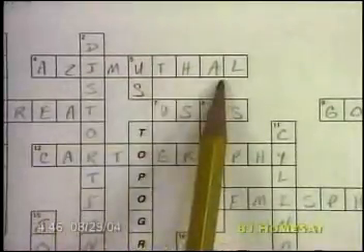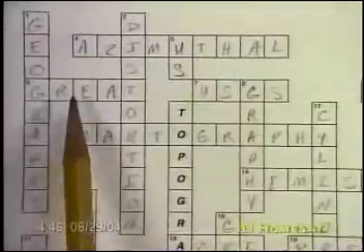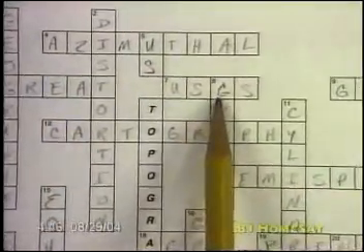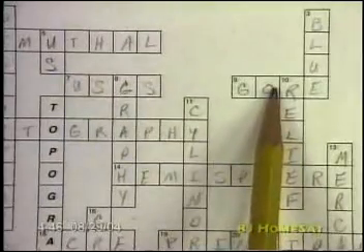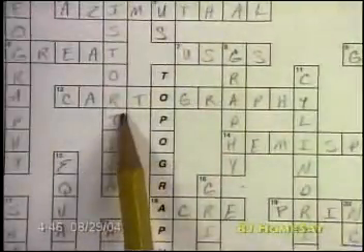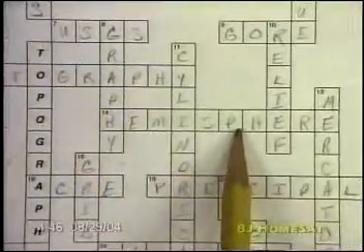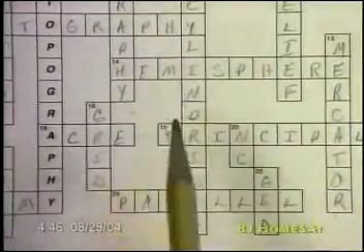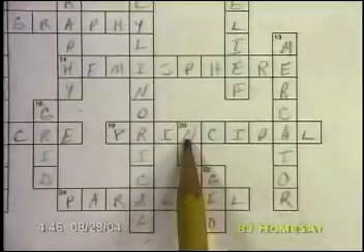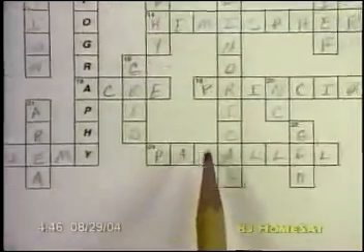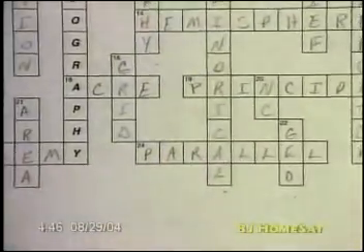I'm sorry, that's 4 across, azimuthal. 6 across, great. 7 across, USGS for United States Geological Survey. 9 across, agore. 12 across, cartography. 14 across, hemisphere. 18 across is an acre. 19 across, principal meridian. 23 across, Ptolemy. And 24 across, parallel. All right, so that way you can make any corrections and bone up on any problems